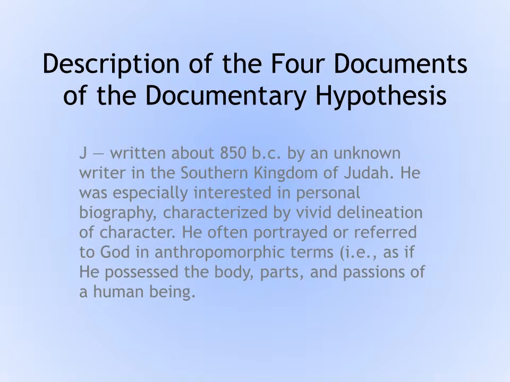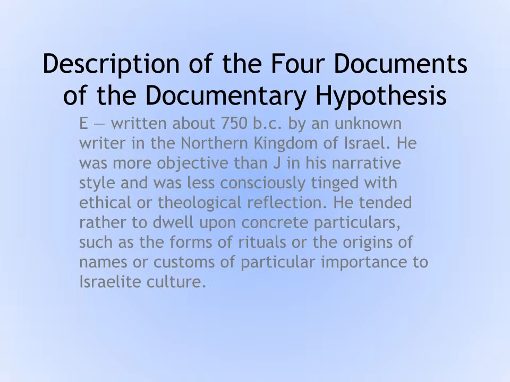And so because they use anthropomorphic terms that are typically considered human, those who first postulated the documentary hypothesis decided that this must be an author who wanted to, in some symbolic form, represent God in a more real way to people. And so consequently, the J documents were, and I'll put that in quotes, discovered. Moving further through our slideshow, we see the E document, which was written about 100 years or so later.